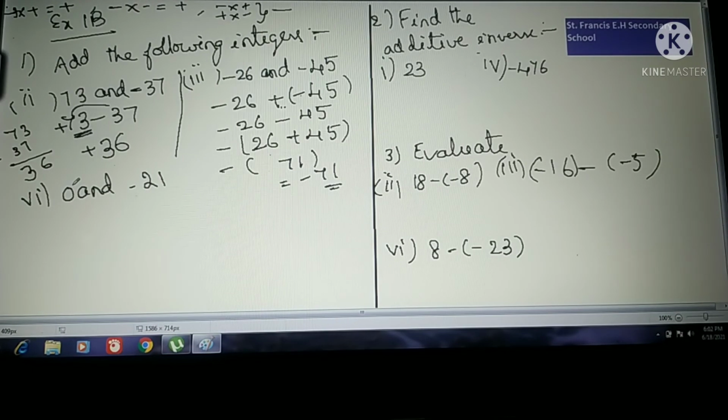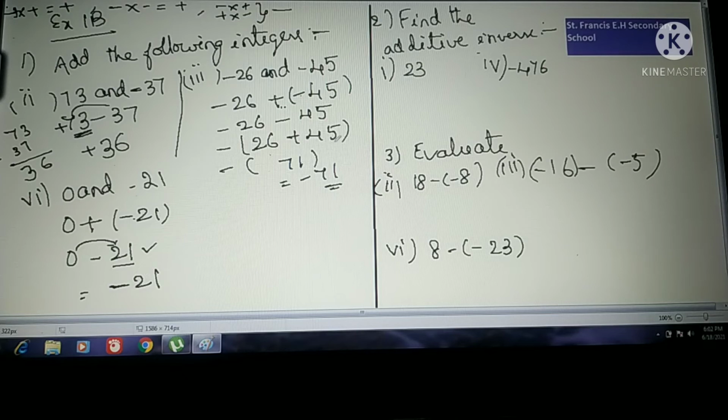Now see the next one, sixth one here, 0 and minus 21. Add these two, 0 plus we have to add minus 21. Now apply the sign first, remove the brackets, plus into minus will become minus 21. If you add 0 to any number or subtract 0 from any number, you will get that number only. But the sign will be the bigger number's sign. Among these two, which one is the bigger? 21 is bigger, so you will get the sign of this bigger number.